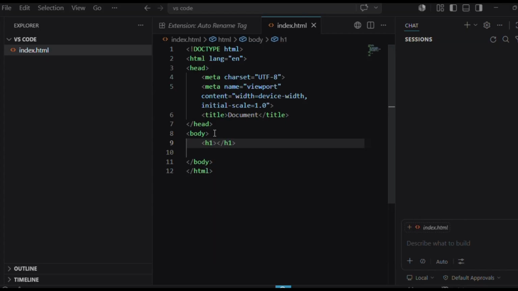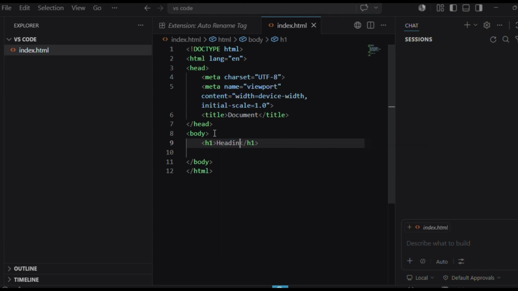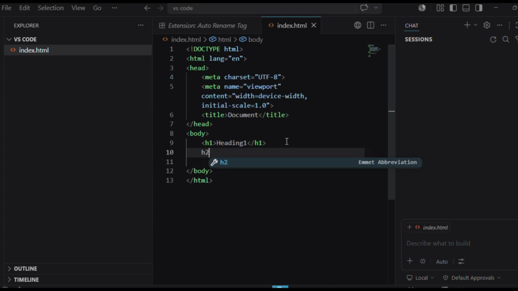So here in the body you can put in the H1, which is the heading. Those who are beginning, you learn that, and then you write heading 1, or you can even write heading 2. It follows that format from H1. H1 is the most important, flowing down, meaning H1 has to be only one in our project, which is the first title or heading. Then in H2 you can say welcome